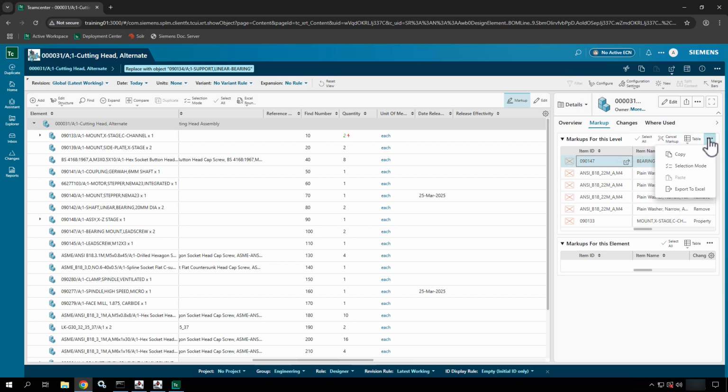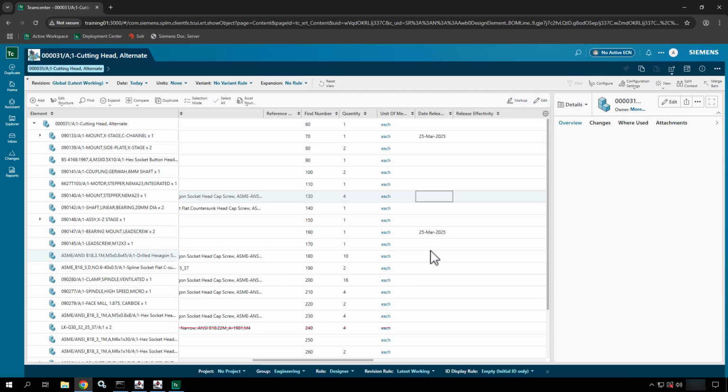If I go to the... notice I have export to Excel for the table, and I can really just review those markups. If I come up to the top and I go into Edit or Manage, you'll notice there really isn't a way to commit those. What you're going to end up needing to do is, with that markup mode turned on,